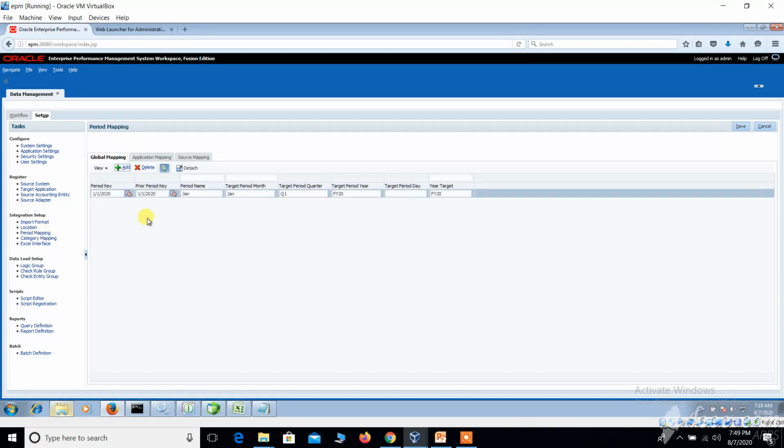Then we go for the period mapping. We are loading the data for January. We have given January and quarter one target, and for target period it is FY20. We have defined this. Just click on add and give the details. Already I have given these details here.